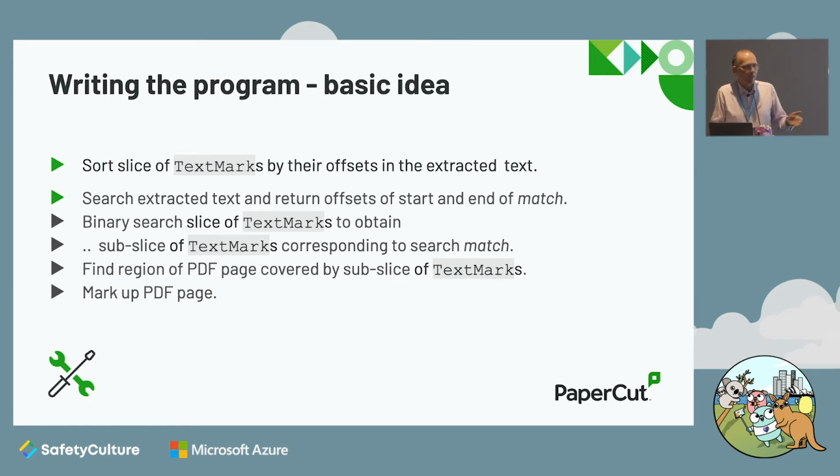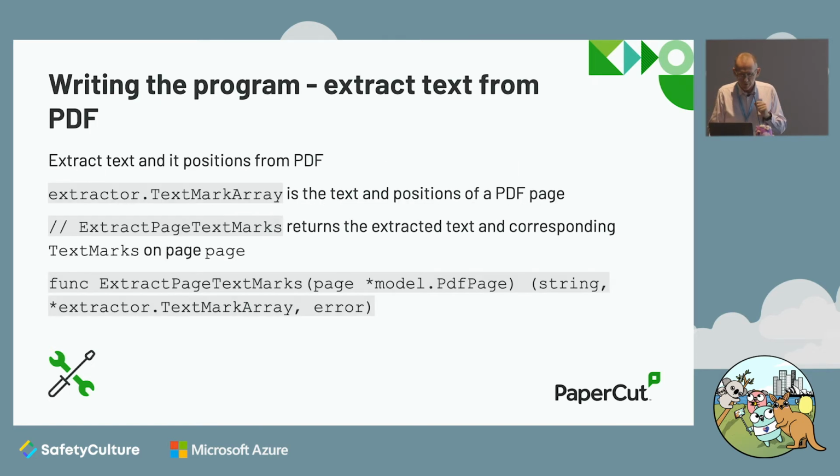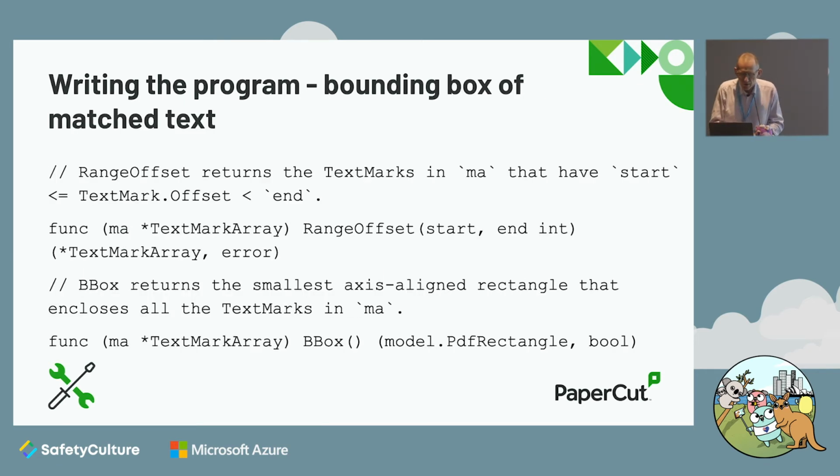So that may have seemed a little bit complicated, but it's really not much code. It's a very simple idea, and it's all just based on that one understanding of how PDF works. The function looks like this. There's an array of the marks on the page. There's a function to extract them, all kind of obvious. So this is how